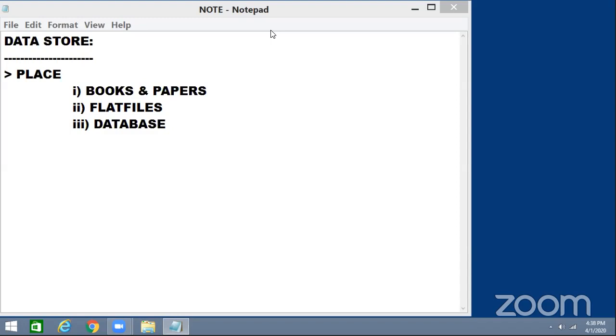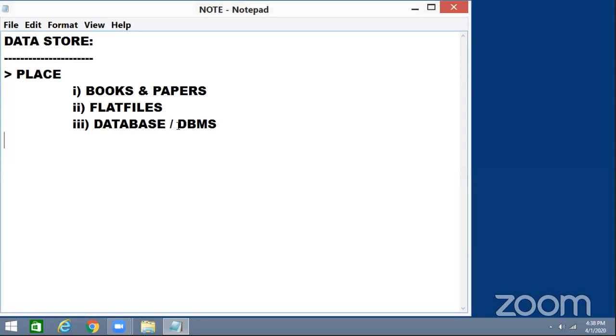And later, flat files were introduced by people, and how these flat files work, and what kind of problems there are. And later on, people started using databases. How people can manage and maintain these databases and how they work, that information we are going to check here. Even though you can take a database, otherwise you can take a DBMS also, no problem. Database management systems we can call as well. Now we will see one by one.